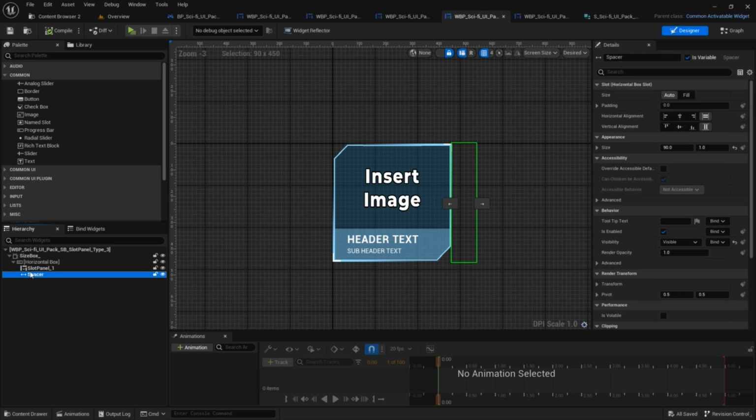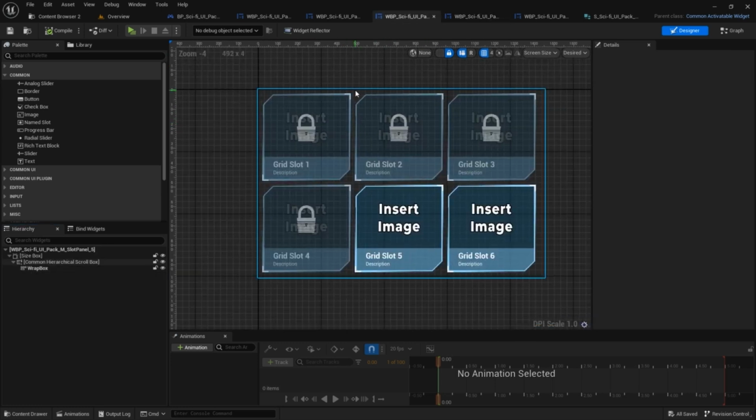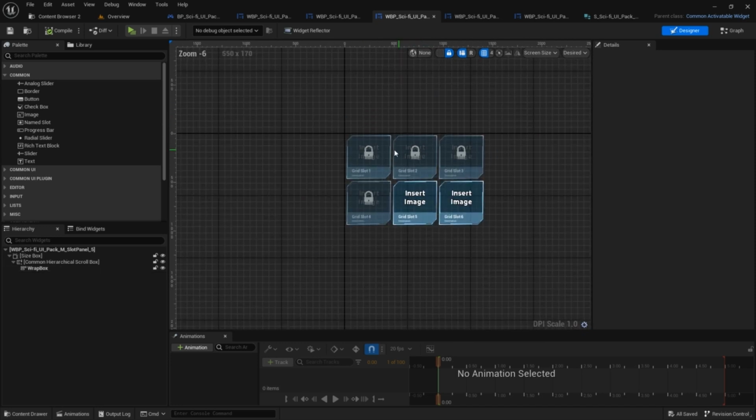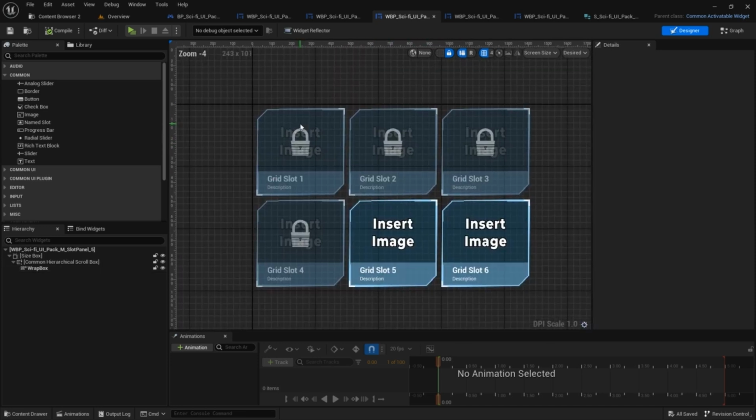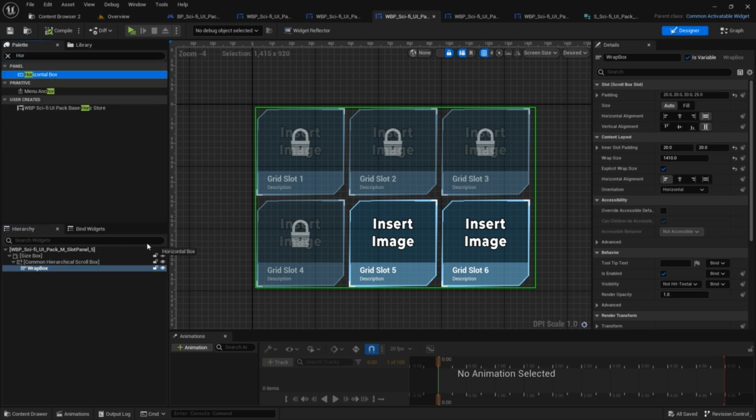This spacer enables you to create a padding. You can see here, create a padding for your widgets. You can use it to create a padding. If you're not using the wrap box, if you want to use the horizontal box, for example, if we're going to be using the horizontal box,